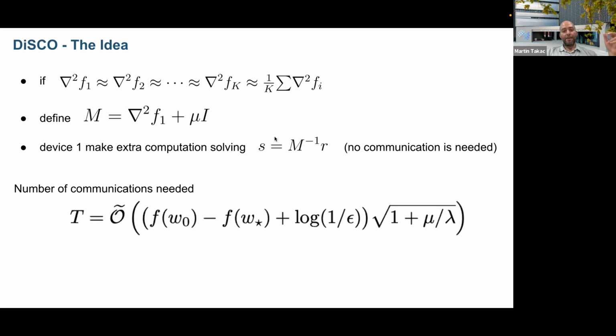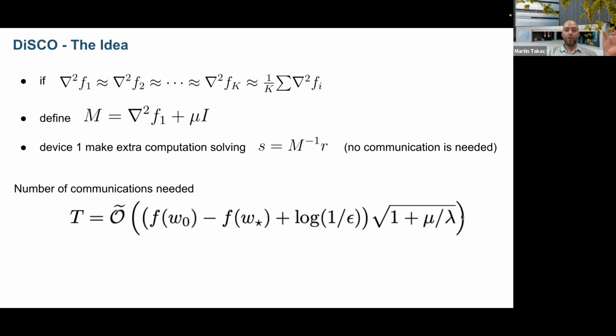Okay, and this will show that actually the number of communications needed, really iterations, in every iteration someone solving the CG will need only so many steps, right? Only so many communications I need to do. F of W minus F star, maybe this will be, if you scale your data perfectly and you use logistic loss, then this will be just 0.65, so 1, that's nothing. Then the log of 1 over epsilon, which again, if you don't want to have high accuracy, it's nothing. And then square root of 1 plus mu over L.